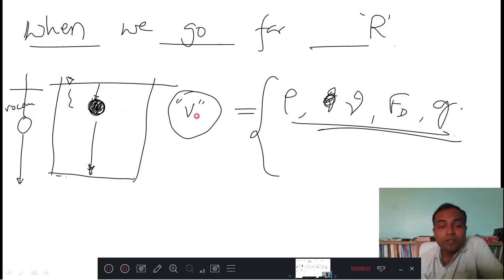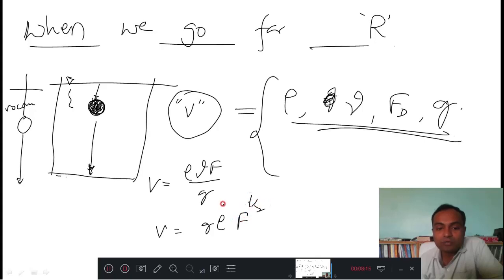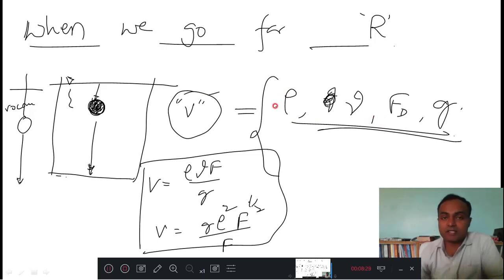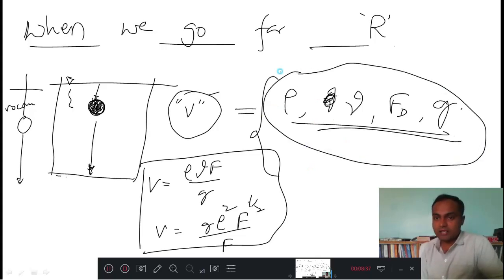Then the question here is how we need to establish the relation between them. How do I have to write? V equal to rho nu F by G, or V equal to G rho into F to the power 1 by 2 square? I don't know. Can you make an equation out of V and all these parameters? That is a very difficult thing. Therefore, this dimensional analysis chapter is introduced. Here you will get a rough idea how these parameters can be related to the velocity.